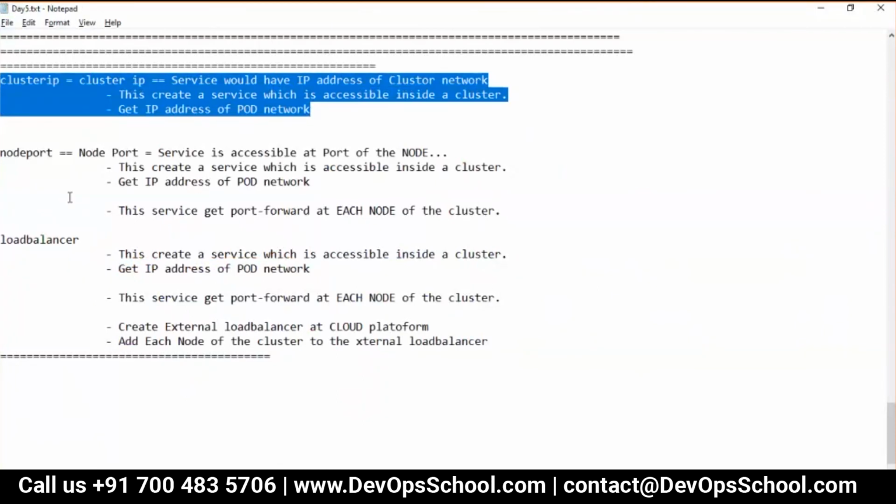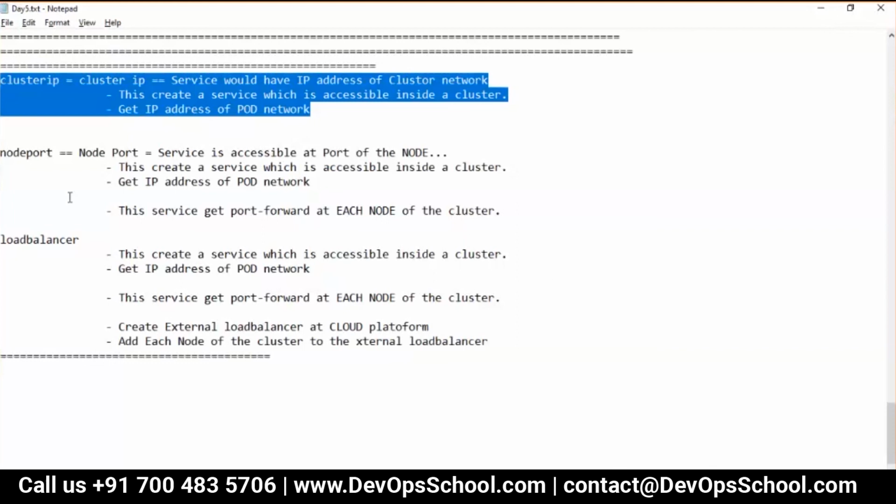When you create a service, of course service means load balancer of the pods. The service will be a part of the cluster, a part of the pod network.